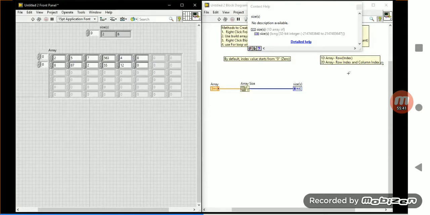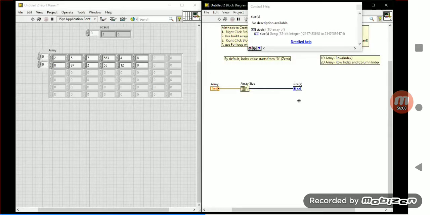Understood now? This array is a simple thing, but sometimes they will ask a question like this directly, and sometimes they will ask it with looping. At that time you have to be very careful how to make use of the function. You may think why we are seeing this small function. This small function will be combined into one problem, and that problem they will ask in our examination. That's why I'm telling you to understand the function behavior.